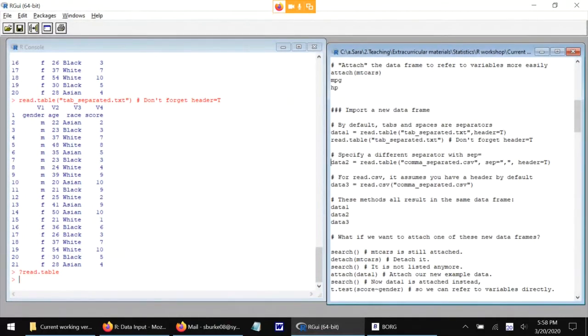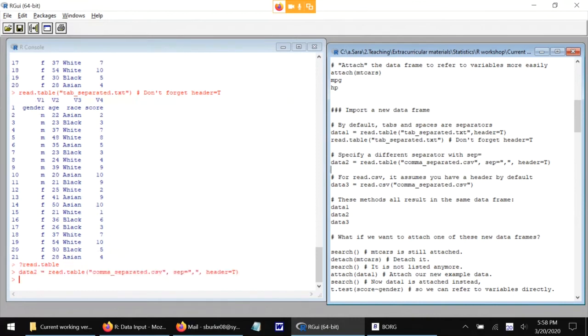Another way I can read in my data is by using the comma separated version of the data file. So here I'm going to call this one data2 and call the read.table function with a third argument. I still have the file name. I still have header equals true. I've added another argument in between them. The order doesn't matter of separator and header because I'm naming both of them. And here I've specified that separator is going to be the comma character, which is true in the comma separated